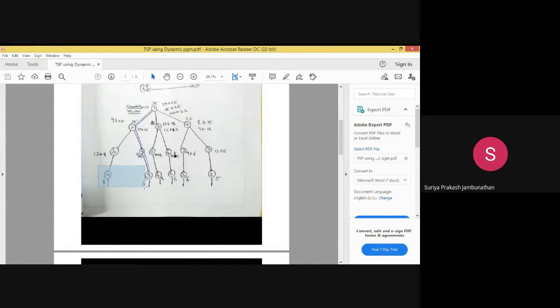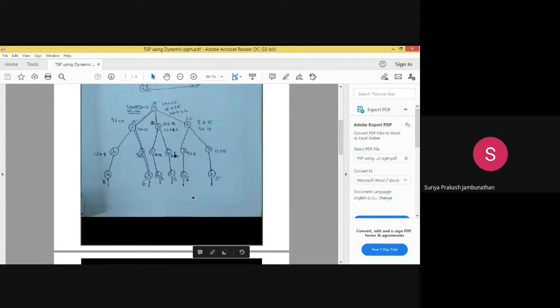So this is the leaf node values that we are seeing here. For leaf node 4 the value is 8, for leaf node 3 the value is 6, for leaf node 4 again we have already calculated that is 8, for 2 that is 5, for 3 that is 6, for 2 again that is 5. So this way we are making.